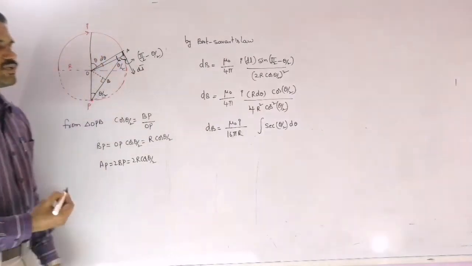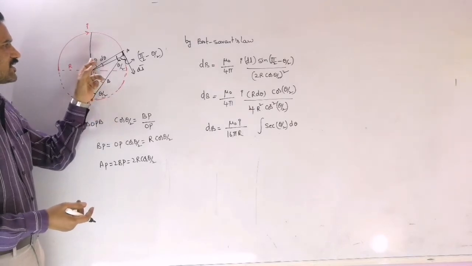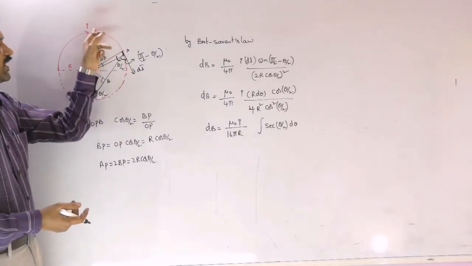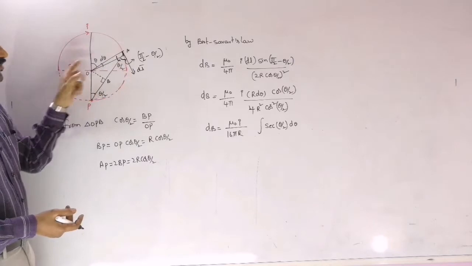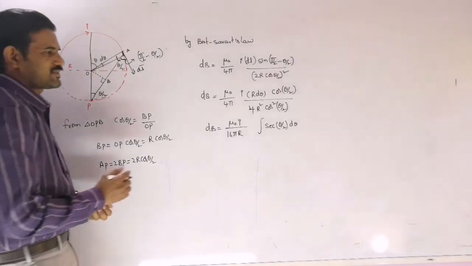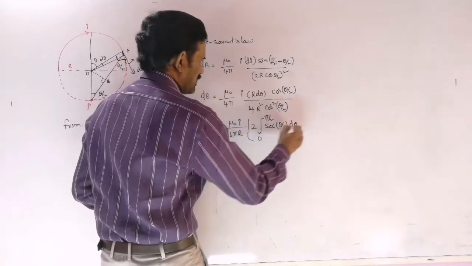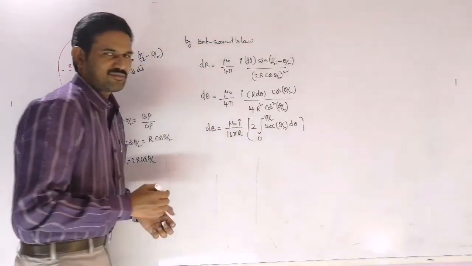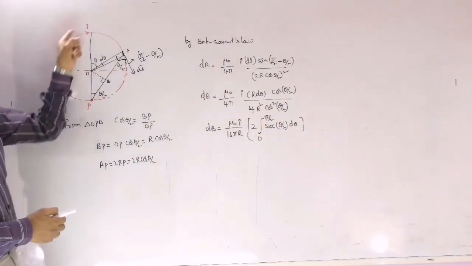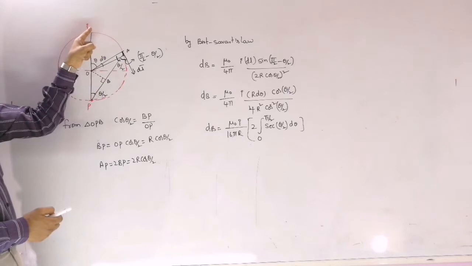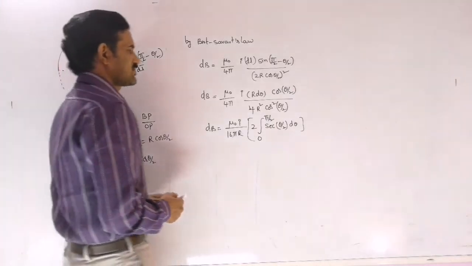And now we need to write the angles, the limits. The limits I can consider here: this is the theta we are taking, so 0 to pi by 2, and this is minus pi by 2 you may consider there, or otherwise you can calculate the magnetic field from here to here and multiply with 2. That means I can write the limits as 2 of 0 to pi by 2. Is it clear? This 2 is because of the limits I am taking here, or otherwise you can consider from minus pi by 2 to plus pi by 2, which means here to here you will get. Then what I am writing is I am taking from here to here and multiplying with that 2, right? So now we need to simplify this expression.